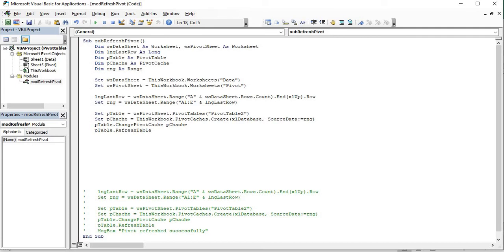After completing the process, I wanted to display some message, that your process is completed or something, so I just use a message box. After completing the process, it will display the message box: Pivot refreshed successfully. That's it, our code.